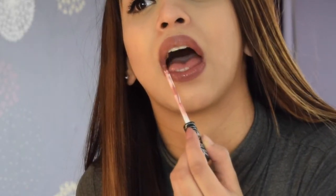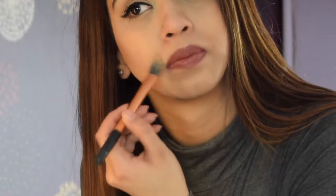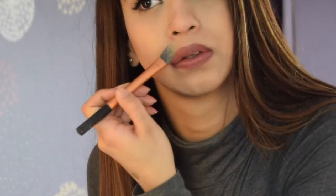I'm not going over the lips or anything like that, because I went in with 2 liquid lipsticks, and because they're matte liquid lipsticks, I didn't want it to be too drying. So the liquid lipsticks that I have used is the Kat Von D one in the shade Lolita, and here I am just cleaning around my lips after I've applied that, and then using my ring finger to blot that lipstick